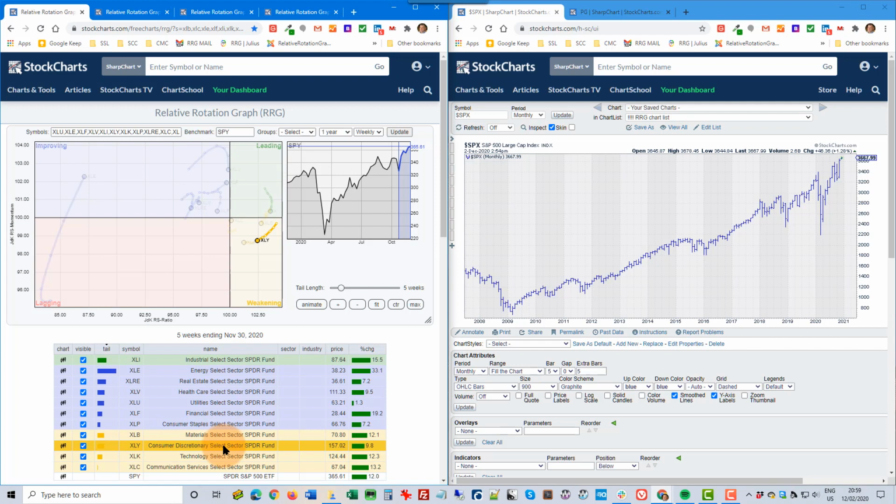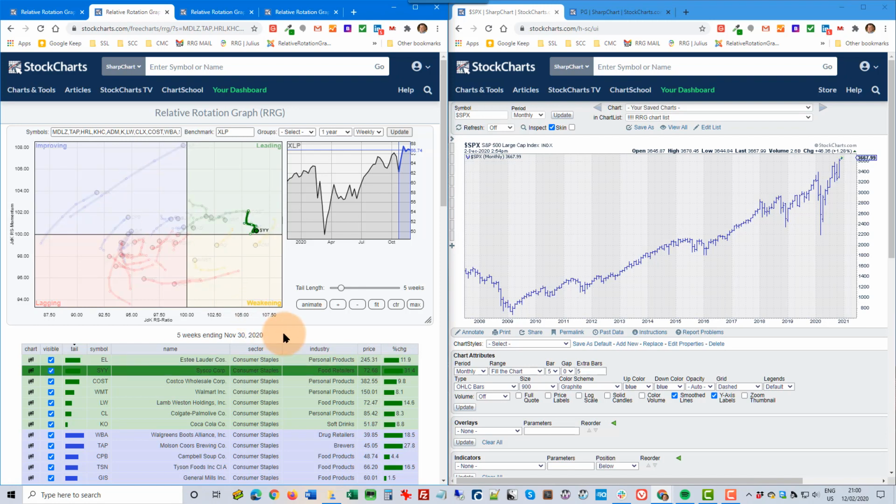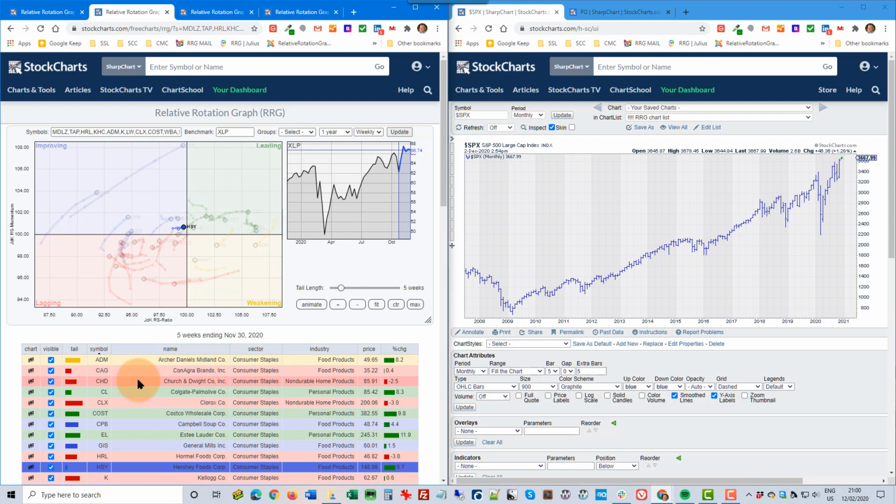For some stock picks, I'd like to focus on the communication services sector and on the consumer staples sector from a negative point of view, because I think that's where we got the most interesting charts. Now, to do that, I bring up the RRG for the consumer staples sector, and I can toggle through all the individual tails and pick the tails that I really like, or not really like in